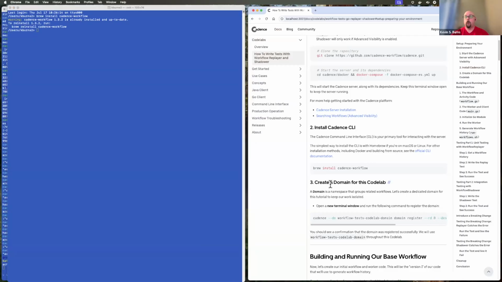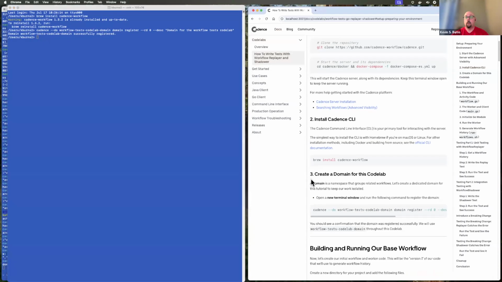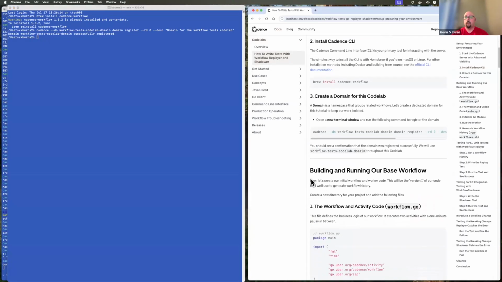Next, we're going to create a domain just for this codelab, so we have our own little space. Later, we can clean it up following the cleanup step if you would like. All right, our domain was successfully registered. So we're ready to move on to the next step,